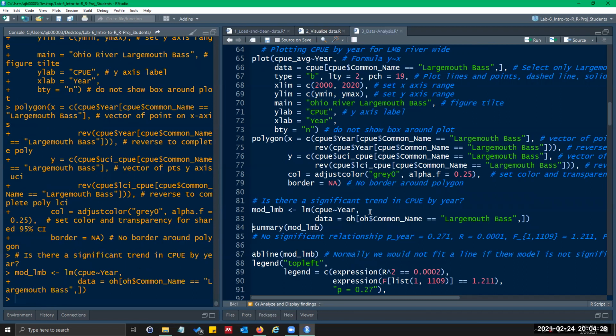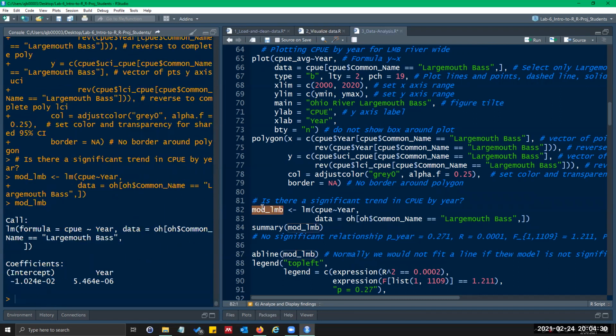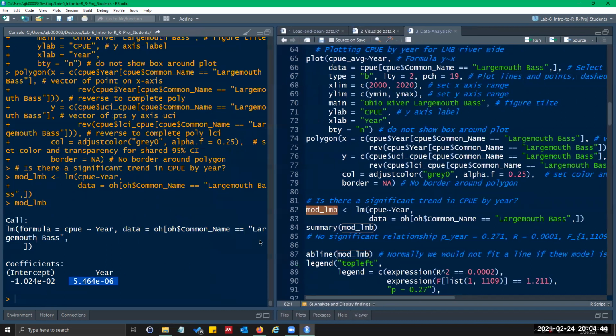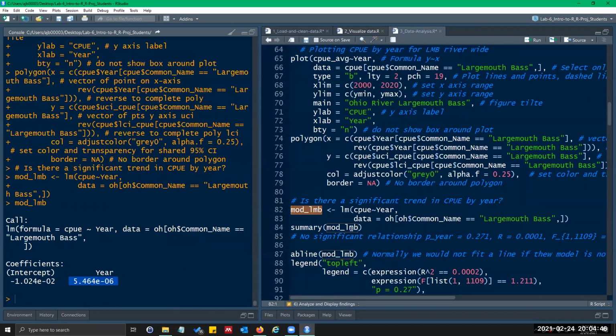If I run that, and I just grab this mod LMB, you can see this is the most basic output. It shows you the formula. And then it shows you the intercept and the slope, which isn't very much of a slope.